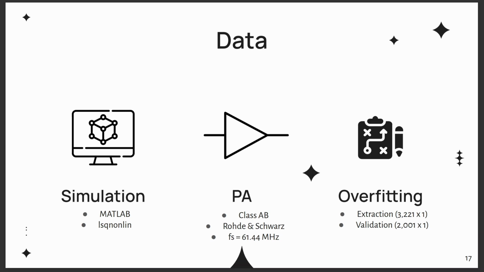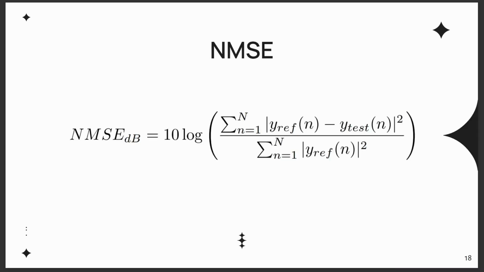The data have already been processed and split to avoid any overfitting problem. The first part was named extraction and was used to train the model. The second one was labeled validation and was used to evaluate its performance. The criterion adopted to evaluate the model accomplishment was the normalized mean square error, defined as following, where n is